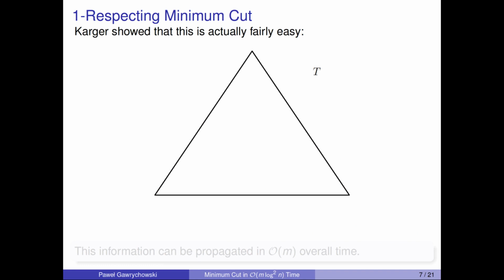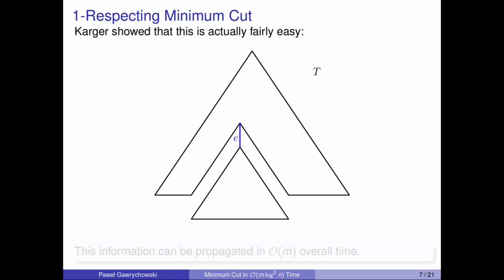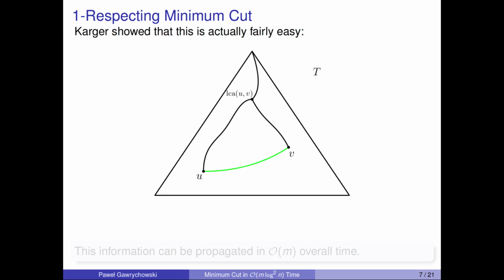So now it remains to show how to find the minimum 1 respecting and 2 respecting cut, given T. For the 1 respecting case, Karger showed that this is actually quite simple. So this is the situation. You want to find the edge e that minimizes the sum of weights of all these green edges. So when you look at it the other way around, for each edge of the graph, so this is our edge UV, its weight should contribute to the answers